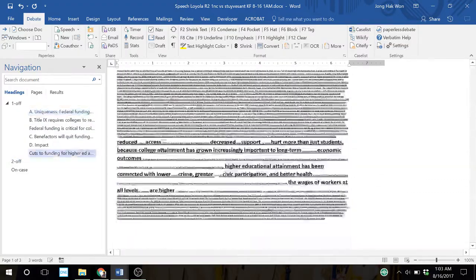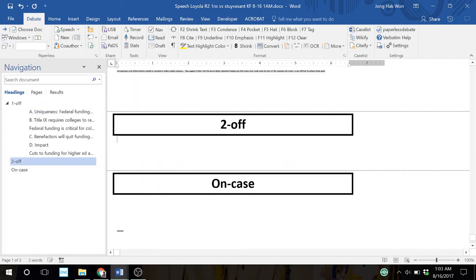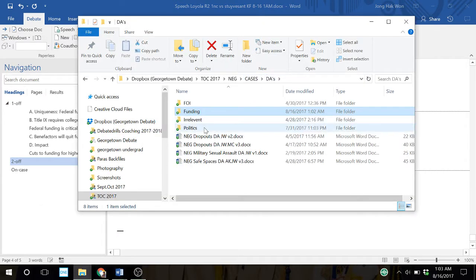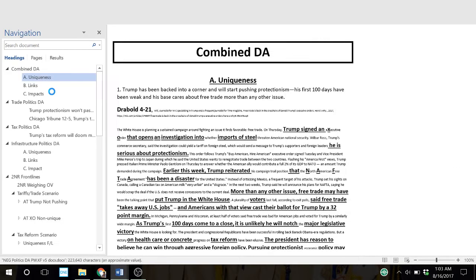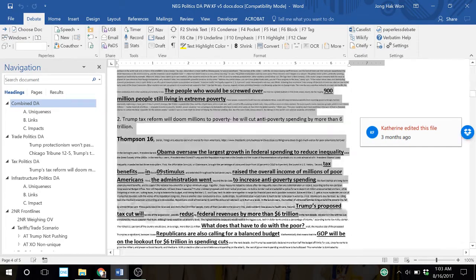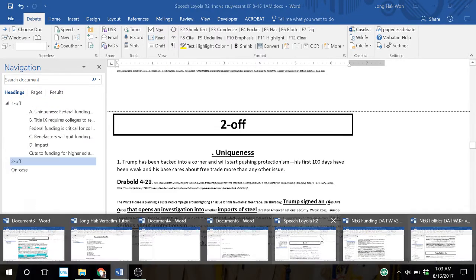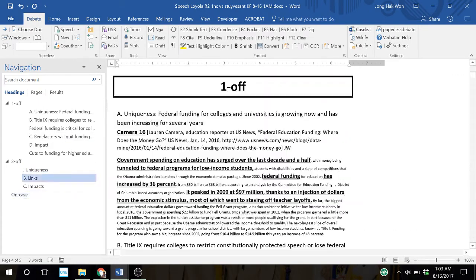So you want to make sure that your cursor is in the right place before you send it. So we would put it under the second off pocket, and then we would of course get another disad. So the politics disad, and so we want to take this politics disad and then tilde, and then once again it shows up here. And then you could of course do this with all your other